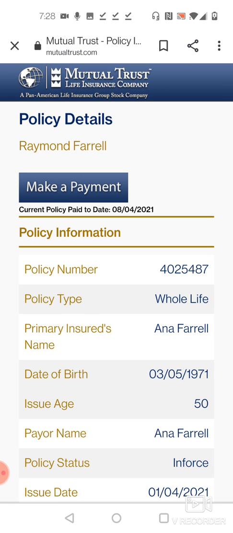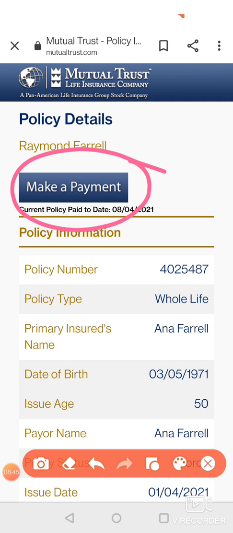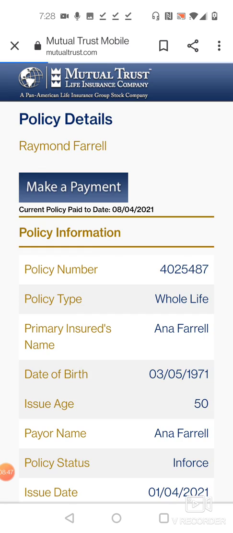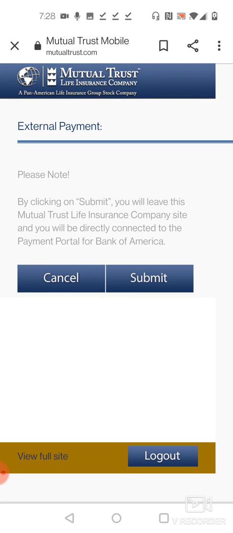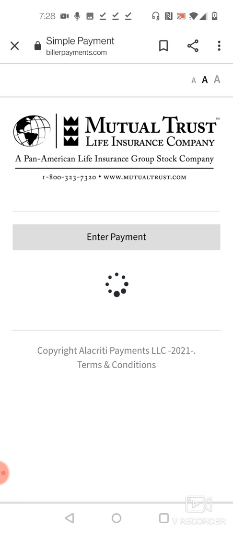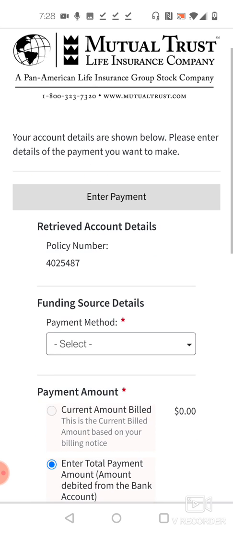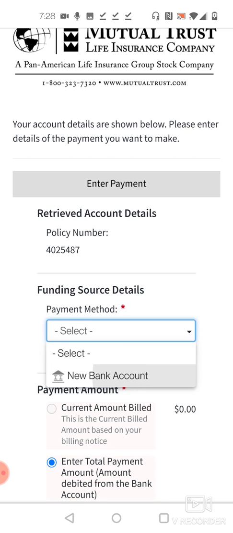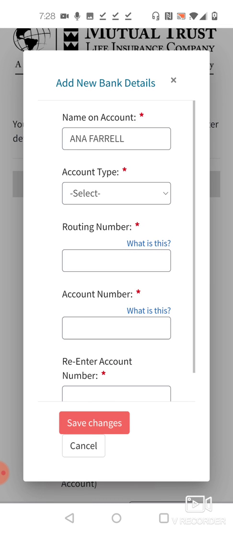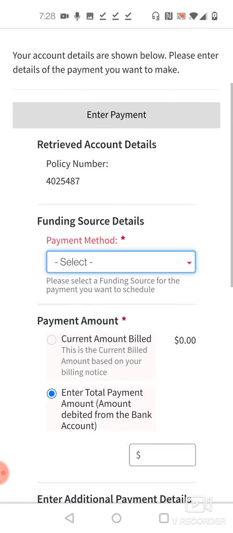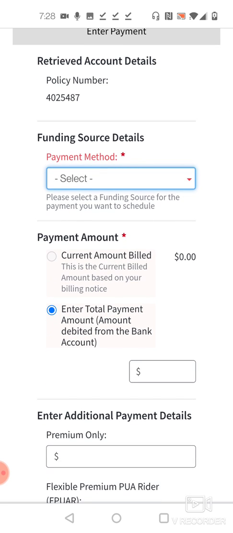When you click on view my policy, up at the very top, you have make a payment. And when you click in here, it's going to send you somewhere else, and you can click on submit. When you fill this form here, you'll be directed to the area where you designate exactly how much you want to pay. So it pays to your policy. You can choose the bank account that you want to put it in there for. So you fill out the bank account. Then you're going to choose